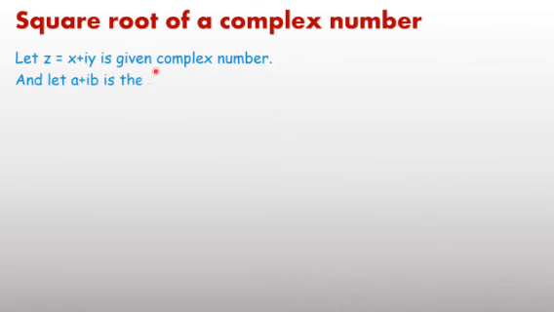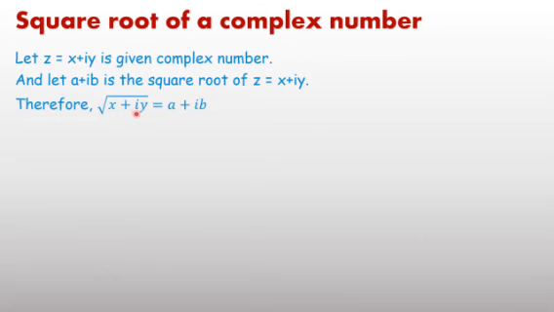Now the next important part: the process to find the square root of a complex number. If any complex number is given and we have to find its square root, this is the method you should follow. First you note down the complex number z equal to x plus iy, and let a plus ib be the square root of x plus iy. Therefore under root x plus iy we can write as a plus ib. Then squaring both sides